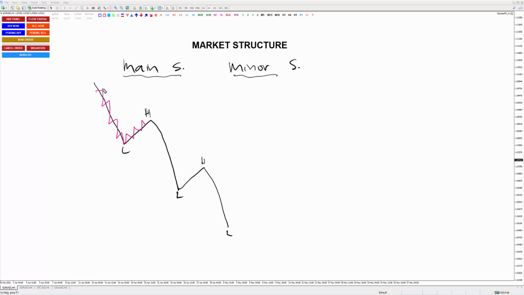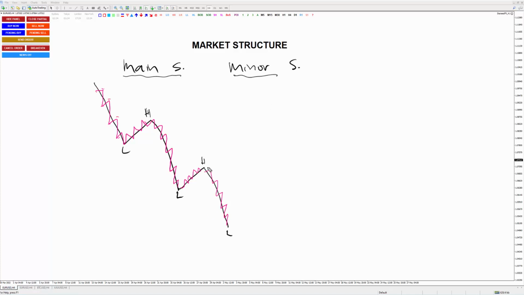It's still the same, right? High, low, high, low, high, low, and so on. So it is moving something like this. The movement is usually just between bullish and bearish candles. I'm going to show it to you on a real chart very soon. So this is minor structure. So I guess right now you get the idea, right? Between the main structure and minor structure.